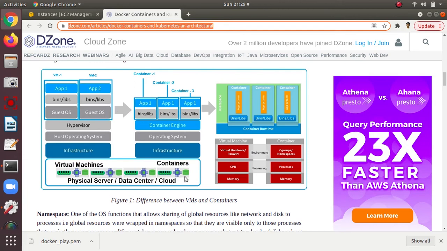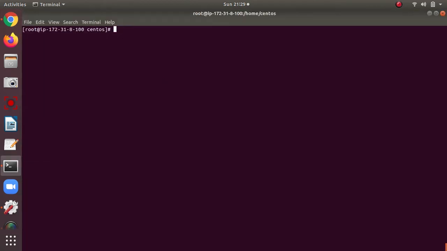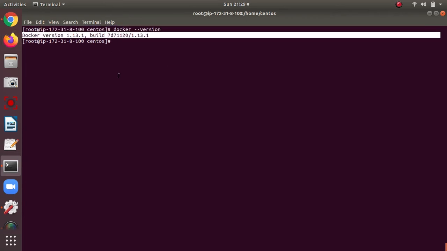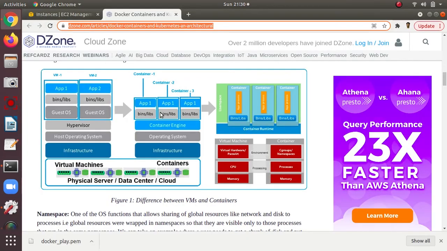In comparison, for the container, the infrastructure is at the same level and the operating system is also the same, but the difference is the container engine. As I installed docker, this is my container engine. It gives you the features to run the application without installing an operating system.